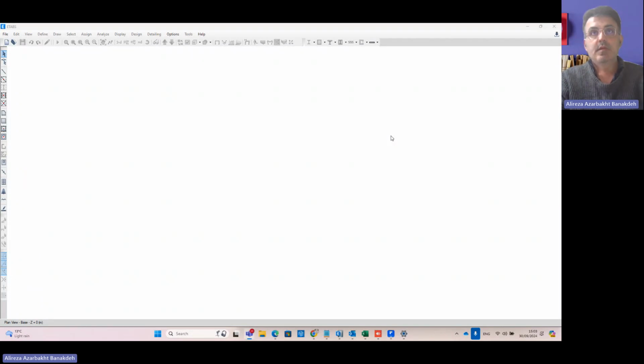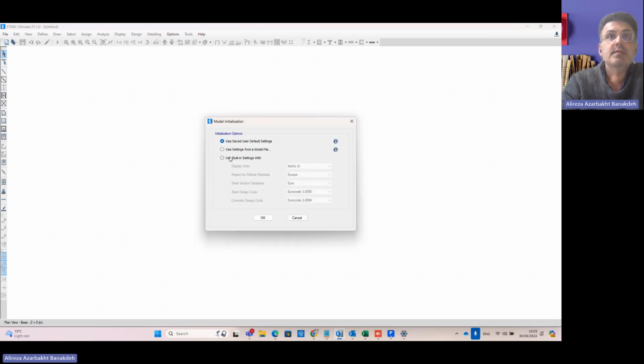CSI ETABS to see how we can elaborate with a fixed-based model and a flexible-based model to be able to model a structure considering soil foundation structure interaction. So for that purpose, I start with ETABS, and as a new model, I use the settings like the metric SI,